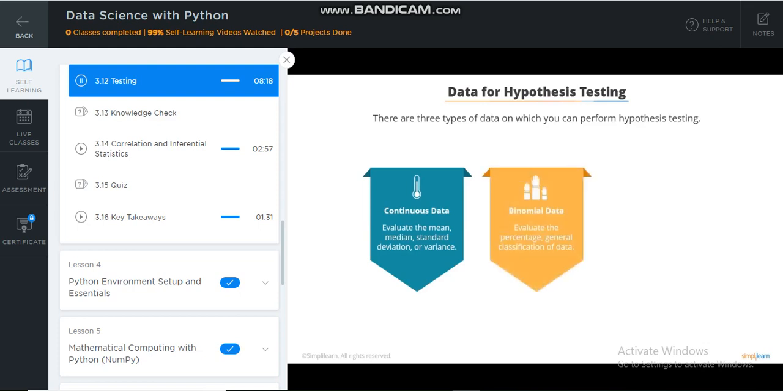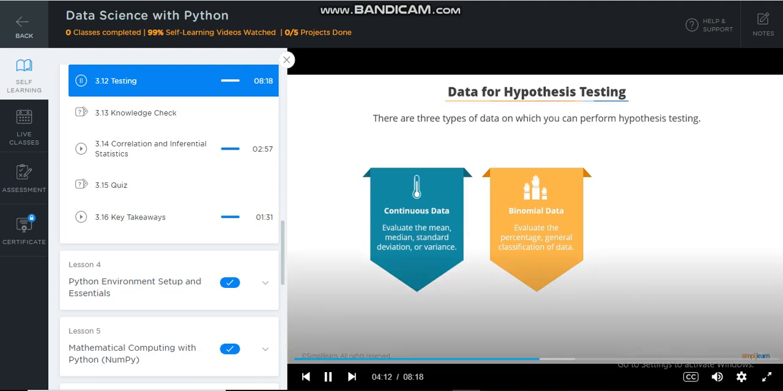Binomial data: evaluate the percentage or general classification of data. When data is divided into two categories, you obtain binomial data. Supposing the same population